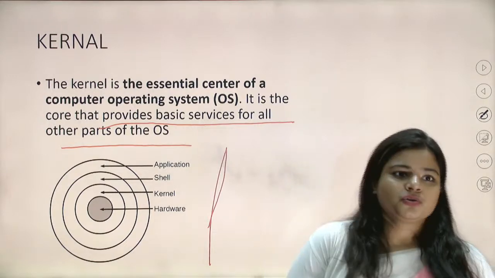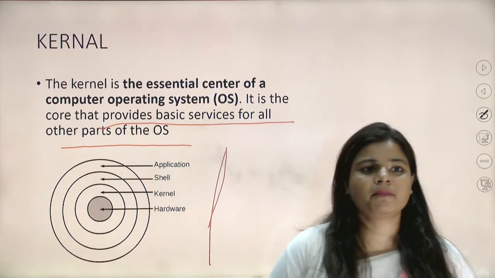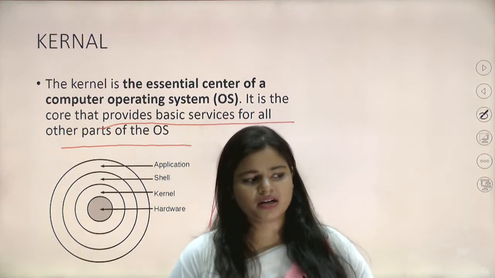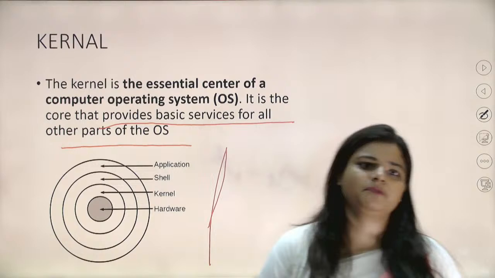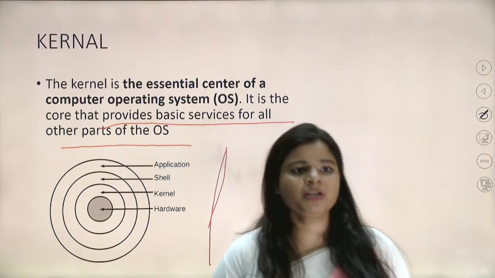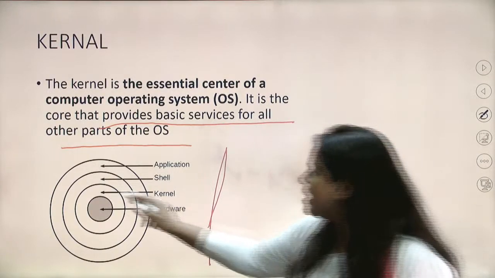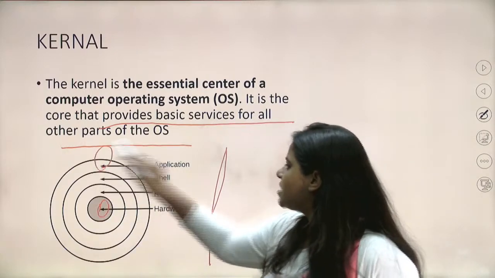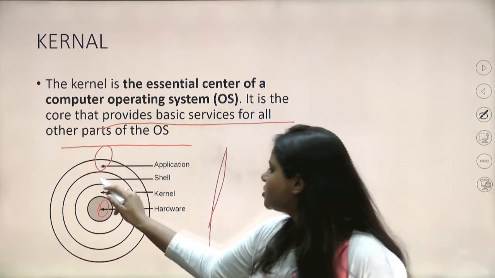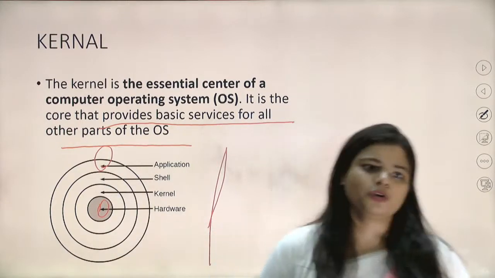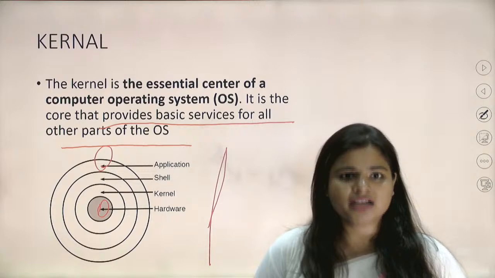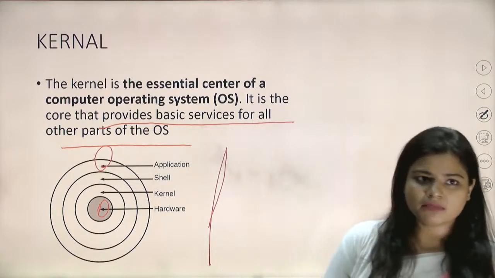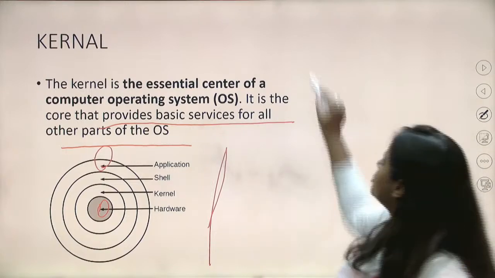Okay. So next, if I talk about performance management or memory management, we have earlier learned how the operating system performs memory management and file management. The main role was played by the kernel. We have seen the hardware is at the center point and the application is at the outer point. The shell and kernel work in a very good manner to handle all the tasks done by the operating system. So the kernel includes some components, which are scheduler